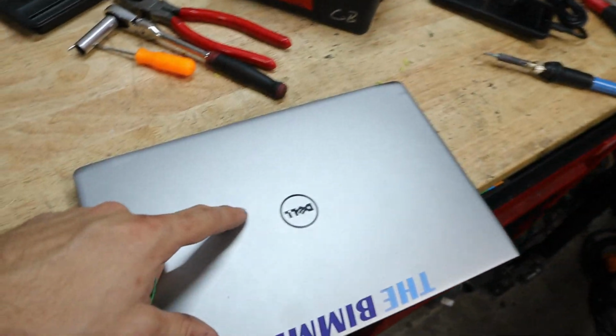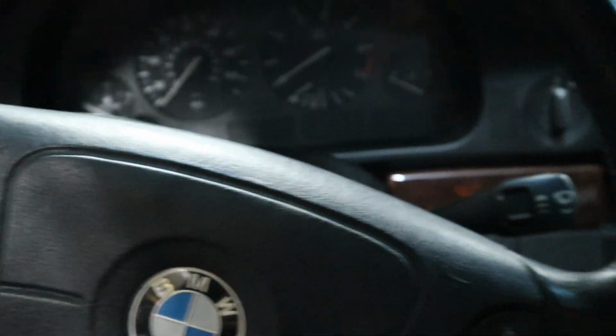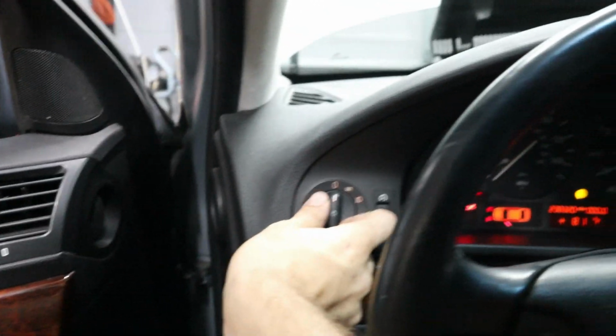All right, so actually before we start up the computer and start coding, I've temporarily hooked up the headlights, but this time without those transistors that were between the ballast and the high beam. So now I'm going to put the key in. Let's see what lights work and make sure that we don't have any actual bad bulbs, and that way we can get into coding the errors out. All right, so it's showing us 2 bad low beam bulbs, I believe,